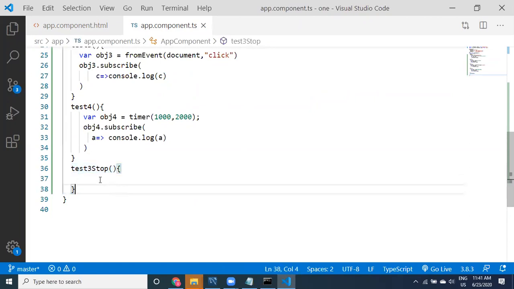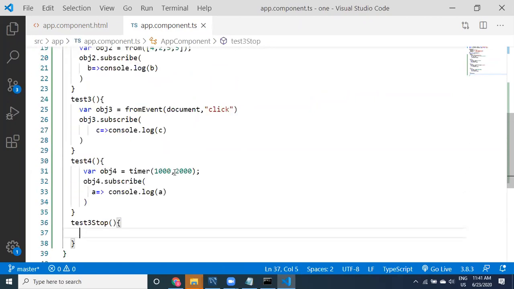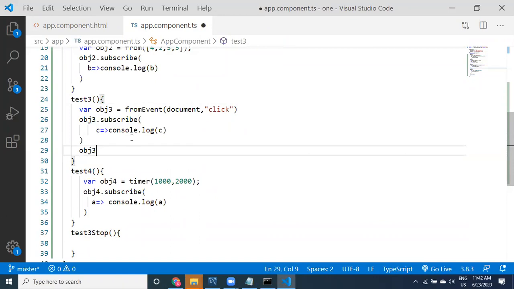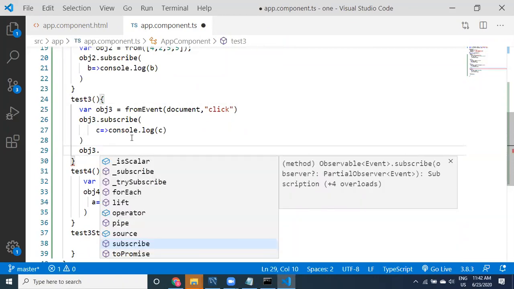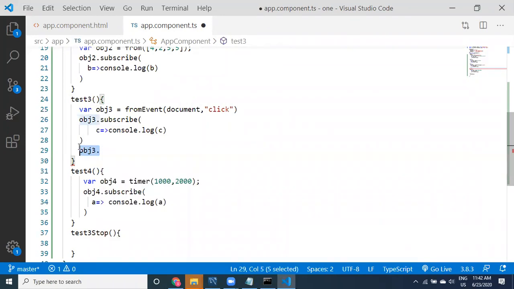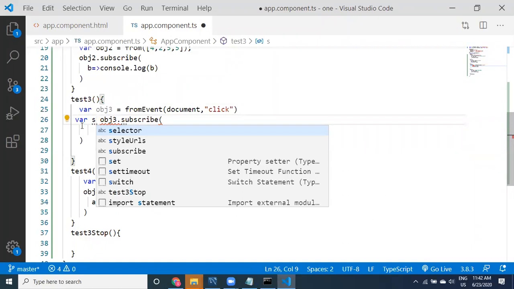Whenever you click on that method, we have to stop it. To stop it, we have to say something like observable dot... see here, subscribe. You have to take subscribe here. Let us look at it, guys.